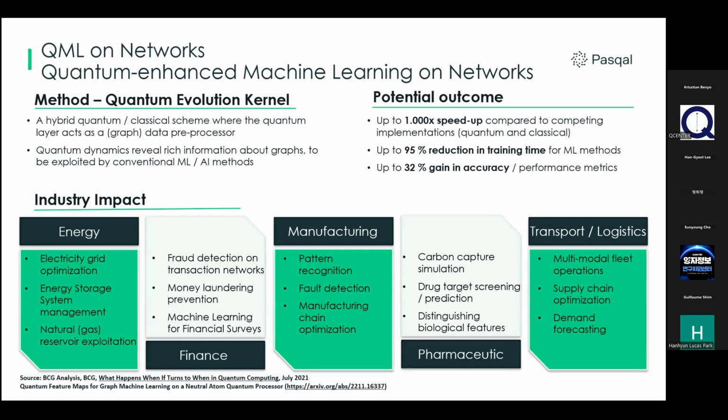It is inherently a method that relies on the native capabilities of a neutral atom system to encode graphs. And the tool itself builds upon this in order to extract information from graphs and then pass on this extracted information to more conventional classical machine learning methods